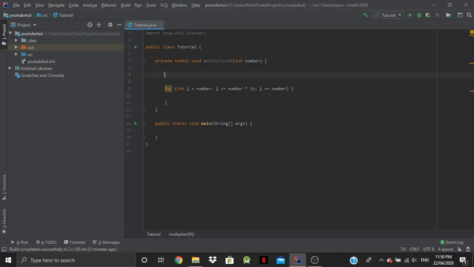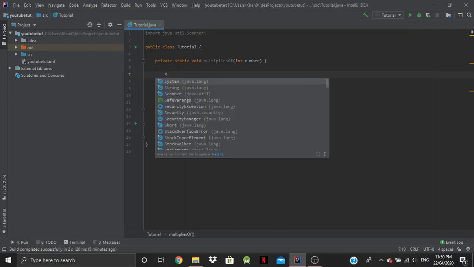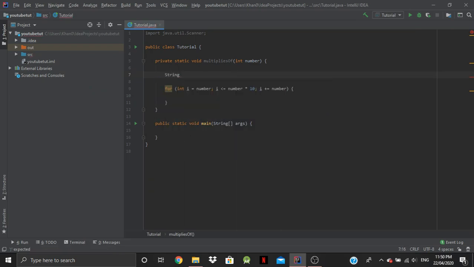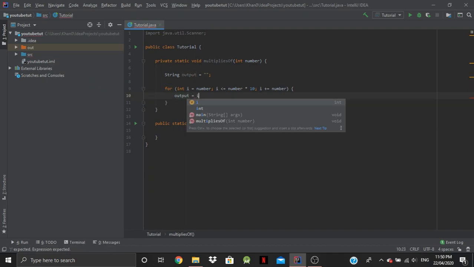But we're going to get a string, because we want to print this out in a string format, because we want a list of multiples. Well, I guess list is the closest word for it. And then I guess we're going to call this output. And we're just going to initialize it like so. And we're just going to say output is equal to i, and we're going to call